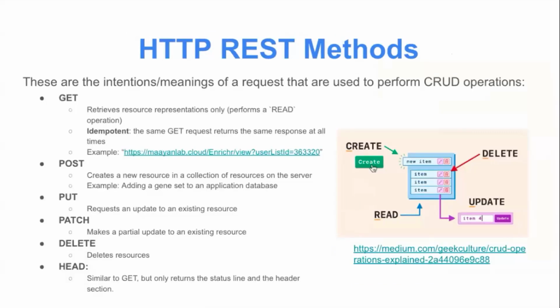So going more into detail about the HTTP REST methods. The REST methods, like I said earlier, are the intentions or meaning of a request, and these are used to perform CRUD operations. The get is used to retrieve the resource representation. So it's basically if you're trying to read a particular data object that is in a database that the API is using. And all GET requests are idempotent, which means that the same GET request should return the same response at all times, even if you're making